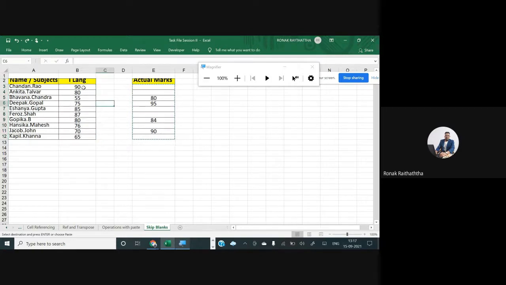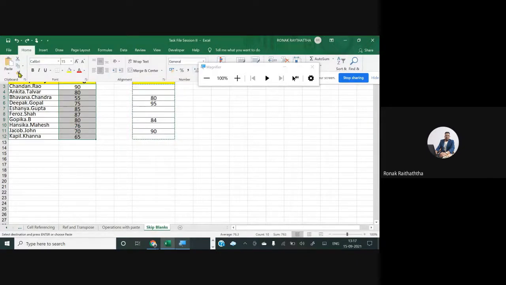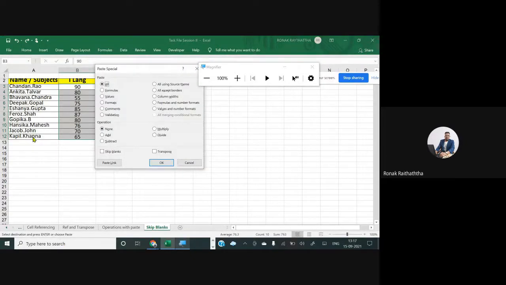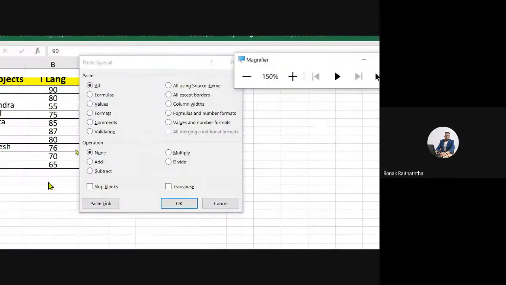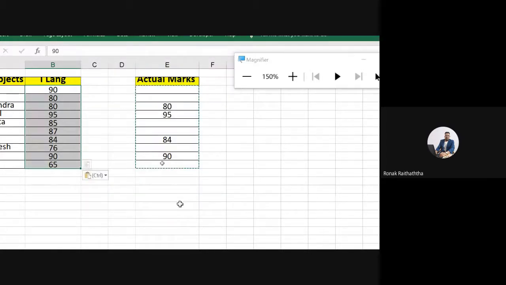So first select all this language one marks after copying the actual marks. Once it is selected, go to the Home tab again, go to paste special, my friend. And in paste special, everyone should be able to identify the option called skip blanks. Just click on that skip blanks, press OK, and you must have observed that only the rectified marks are pasted.